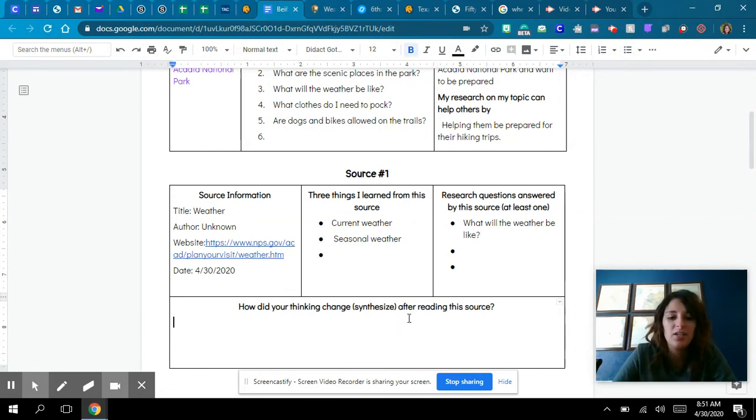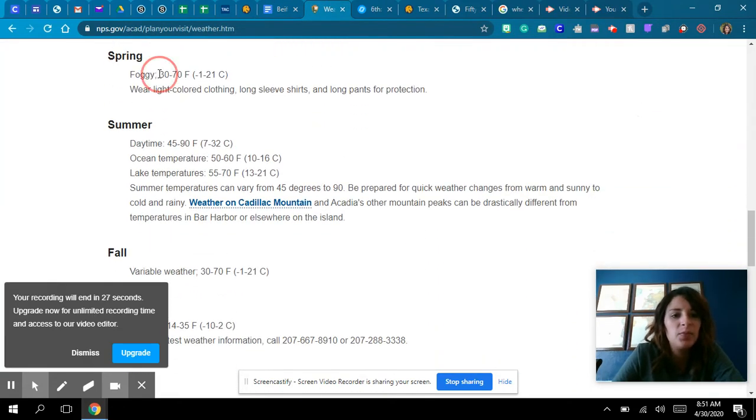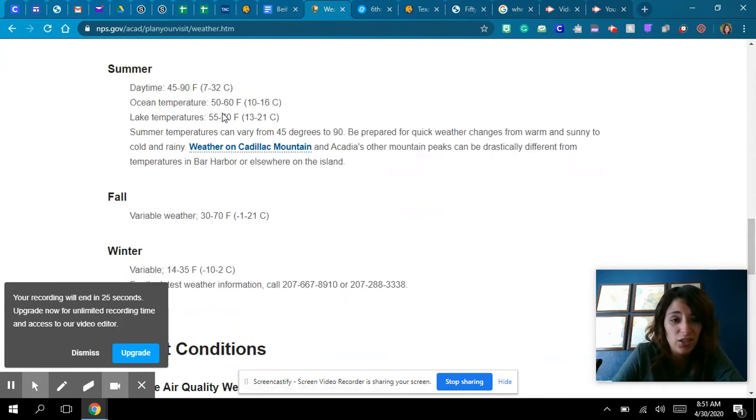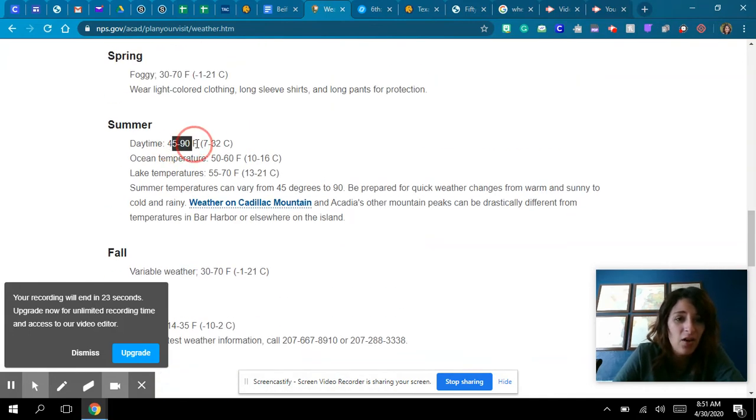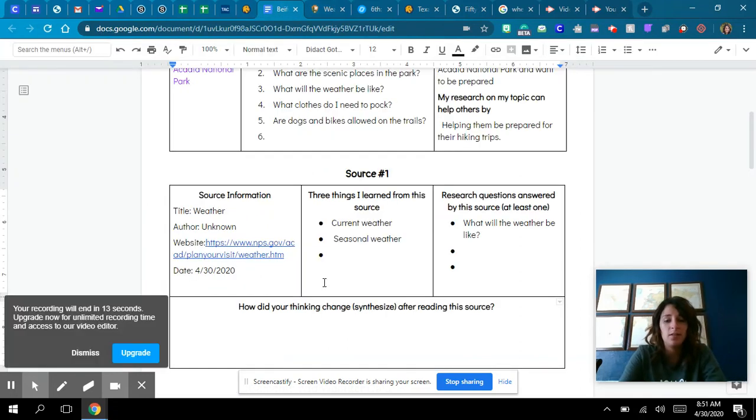And then how did my thinking change after reading this source? Well, let's go back and look at that weather. So now I've got this information. Let's see, in the spring it's 30 to 70 degrees. That's kind of nice, but kind of chilly for me from Texas. In the summer in the daytime, it's 45 to 90 degrees. That is actually a good temperature. So I'm going to plug this in really quick because I'm about to lose my time. Summer is when I want to go because it's not too cold. See you on the next